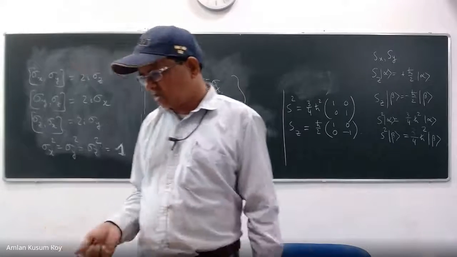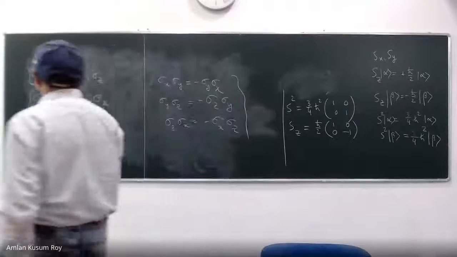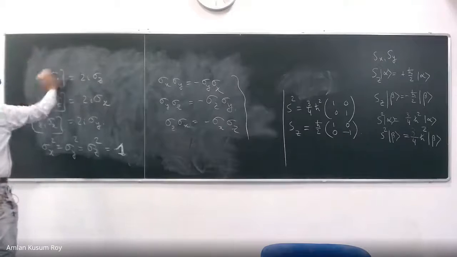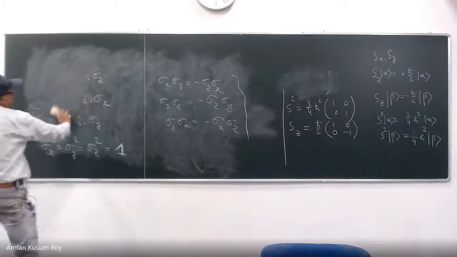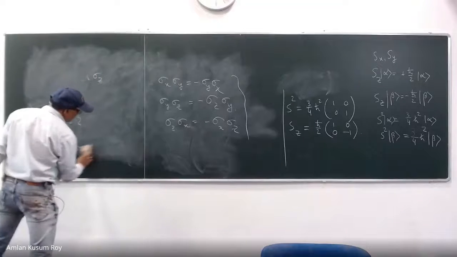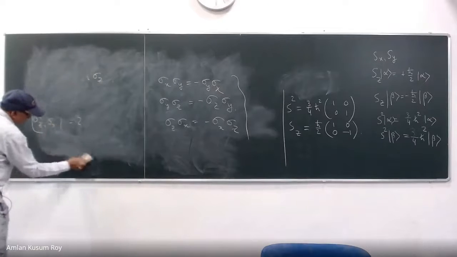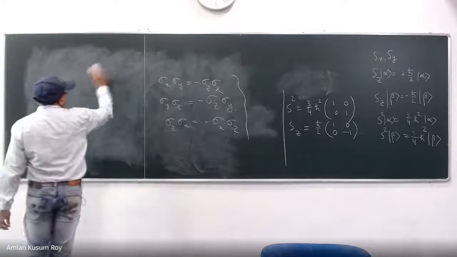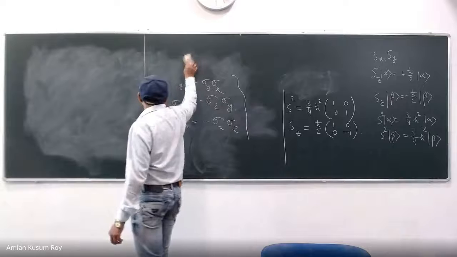By this time, you must have gotten an idea that S square and Sx, Sy, Sz can be understood in the same way as the L square, Lx, Ly, Lz that I have been telling you from the very beginning. But now that the commutation relations are established, it should be confident in your mind.